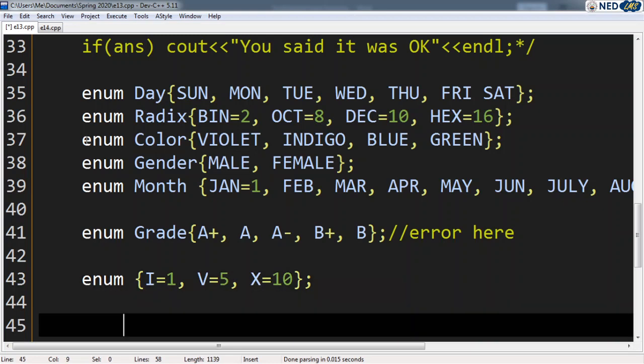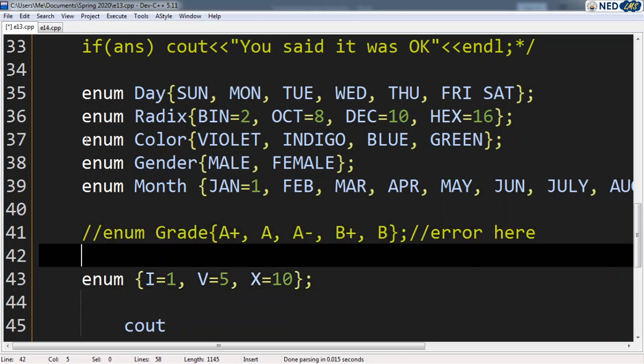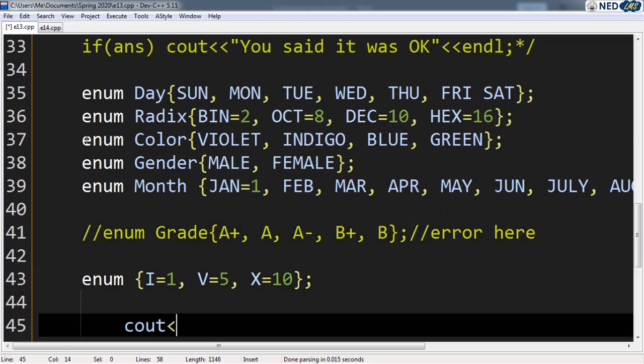Let's quickly see cout these things. This is an error here, so I'm going to comment that. Cout, I'm going to write